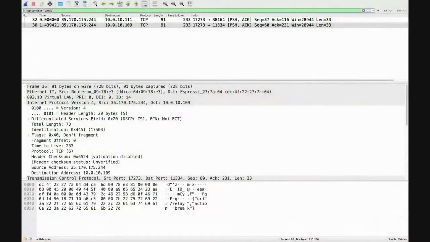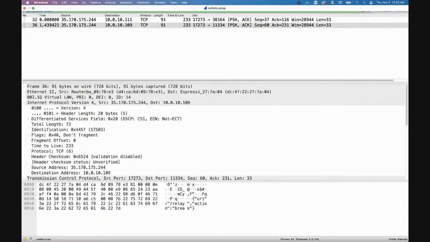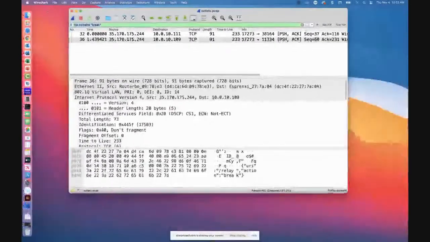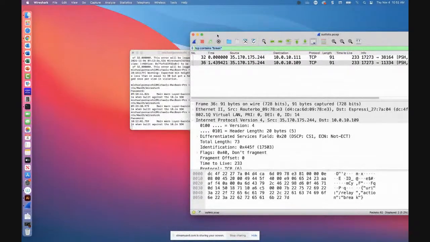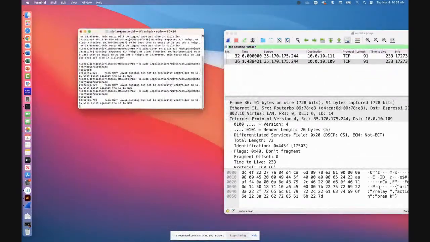There is one more thing I want to show you. So let's go in. I'm going to share my screen. We're going to make Wireshark a little bit smaller.